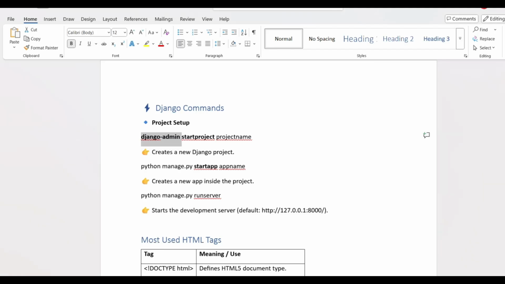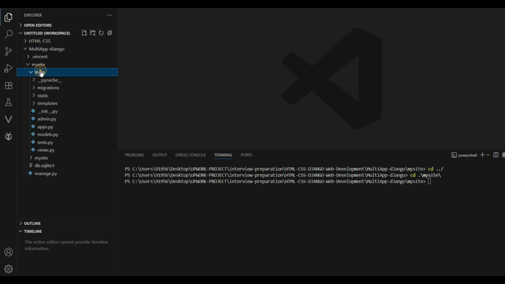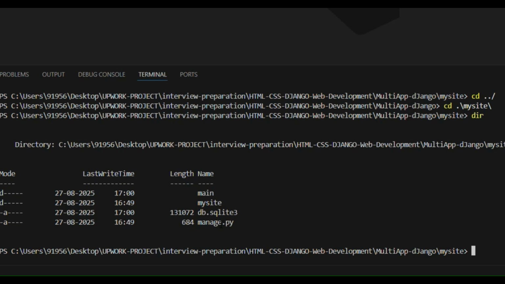Then the next step I have done is calling python manage.py startapp with the app name, that I have created as main. You can come and see it over here, main has been created. Whatever project name you have given will also be there. Under that you can see main also. In my site, if you look at the directory structure, manage.py will be there. First of all, with the help of manage.py only, we run the commands in Django. The D is silent over here.